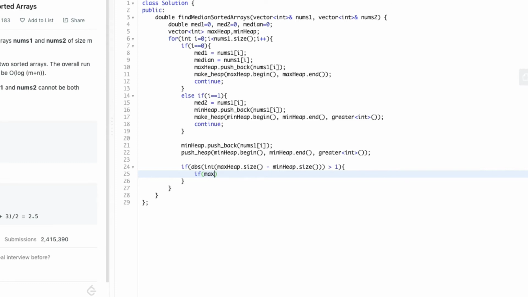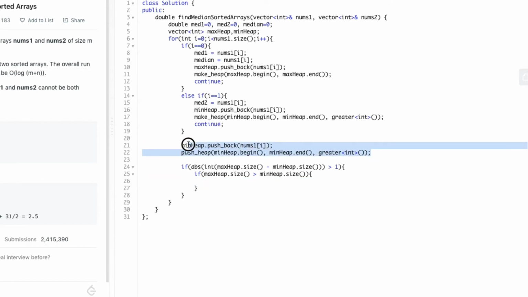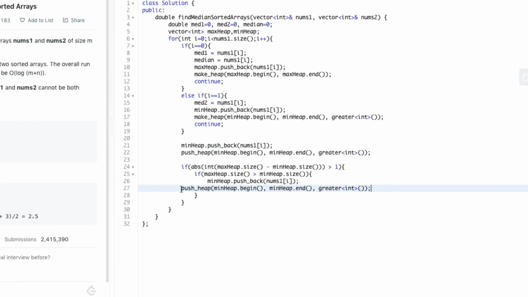If the difference in sizes exceeds 1, then we check whether the max heap size is greater than the min heap. If so, we push the element into the min heap. The element which we push into the min heap is the front of the max heap.